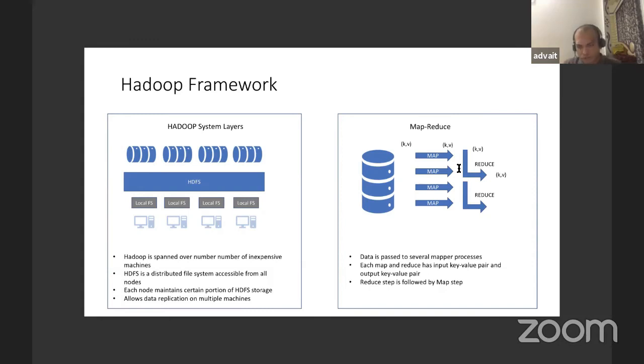That's called reduce. Map takes a key value pair as input and outputs another key value pair. It takes a key and value, transforms the value, and outputs another value with a different key. Similarly, reduce takes several key value pairs as input, computes some summary, and outputs another key and value.